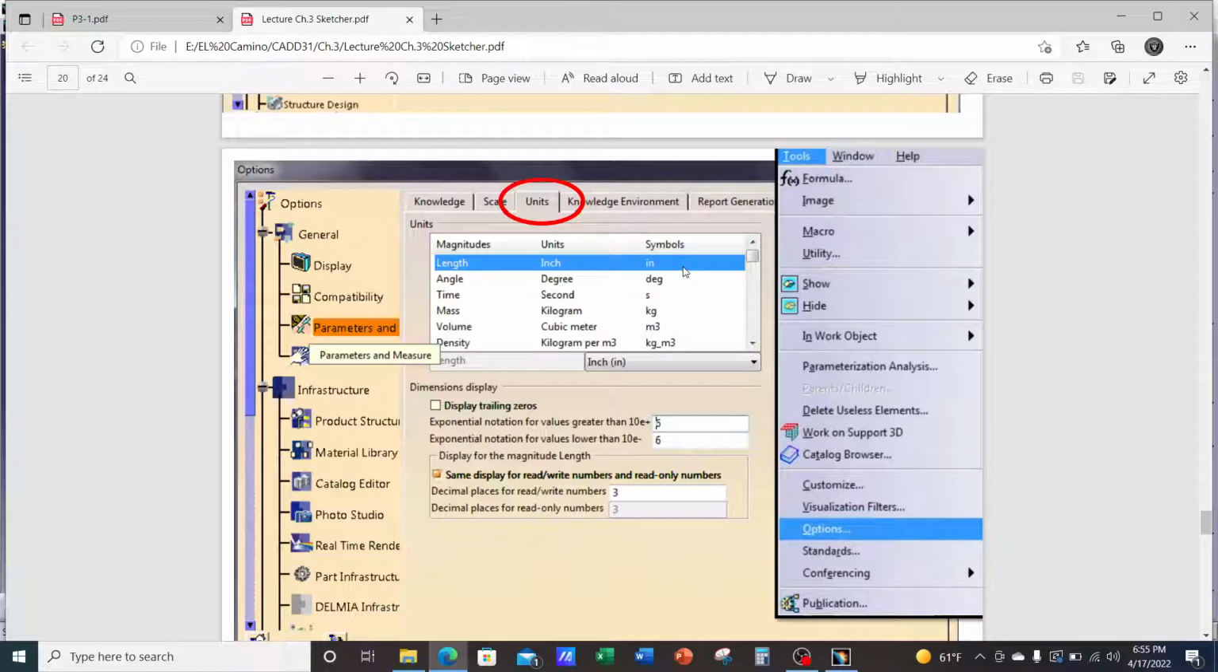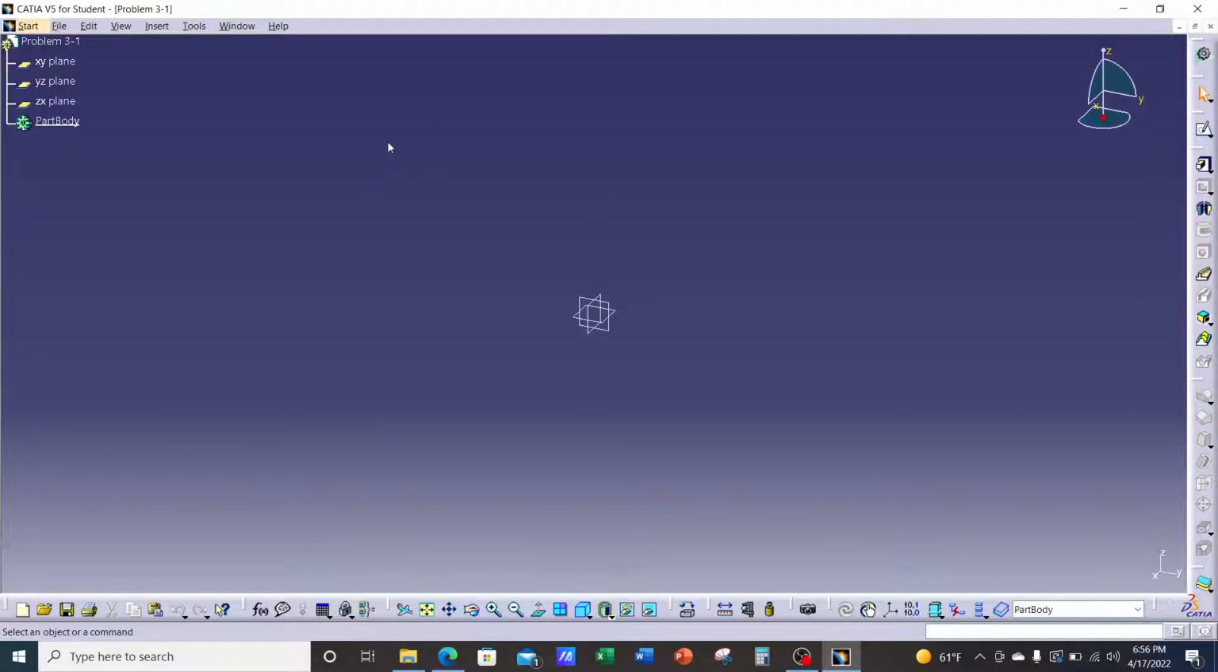So most likely it's in metric units, but you can always change it. So pick the first one, length, and then we can go to the drop down and we can choose inches, feet, etc. For us, we will be using millimeters for this assignment. Okay, so let me walk you through that. So once again, let's check our units. Let's go to Tools,